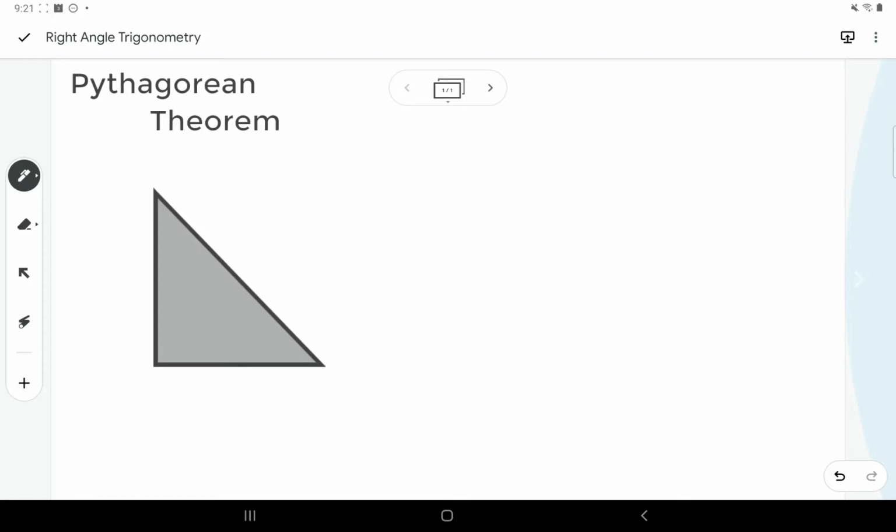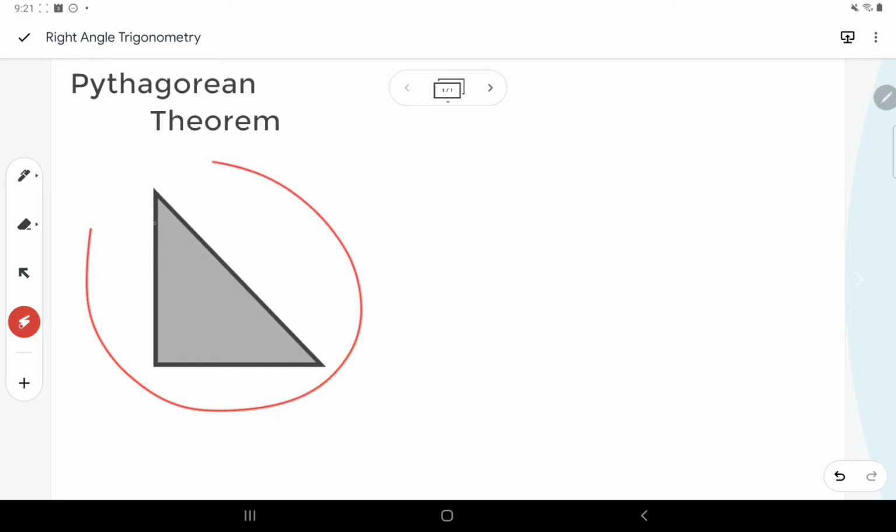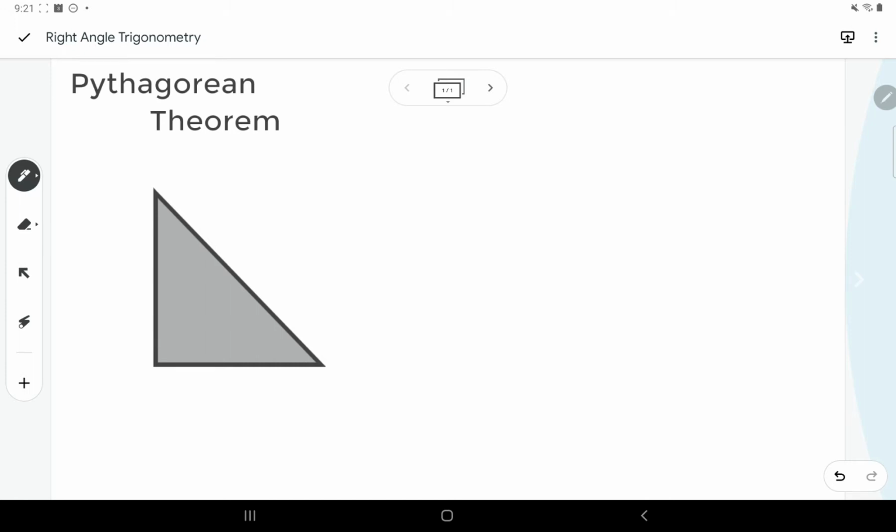So let's talk about Pythagorean Theorem. Pythagorean Theorem is the most core thing that we do in trigonometry with right-angle triangles. We gotta know that when I say right-angle triangle, I mean a triangle like this one here that has this nice square-off corner. Okay, more specifically, it's often denoted with this square symbol here, and what that means is